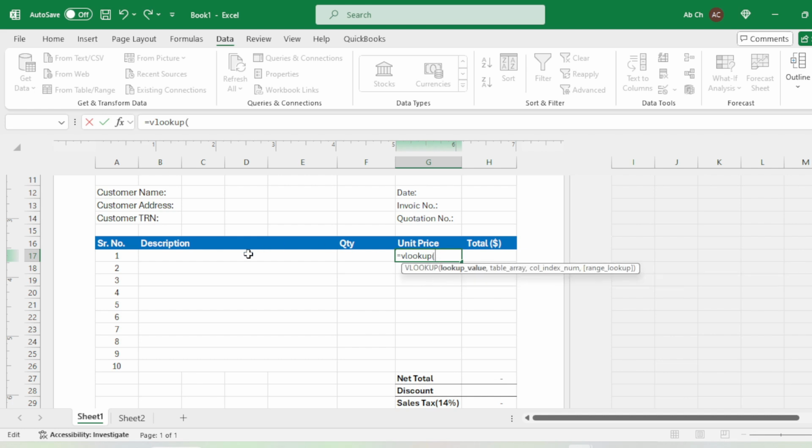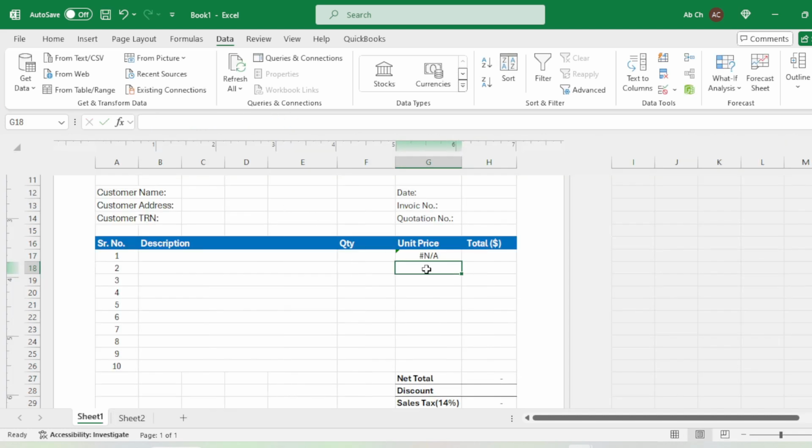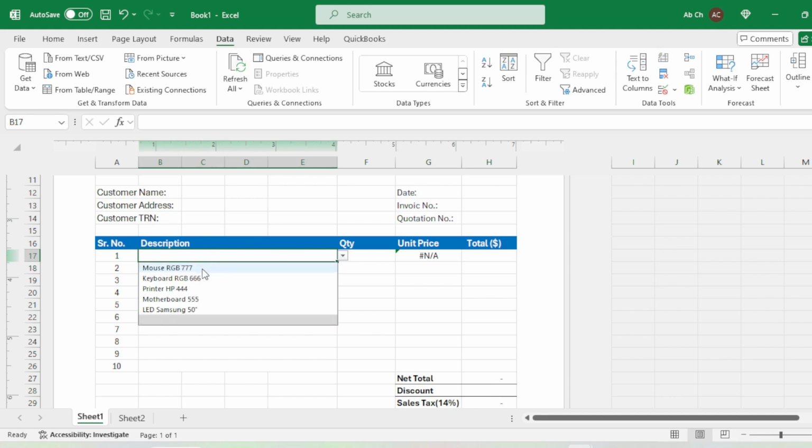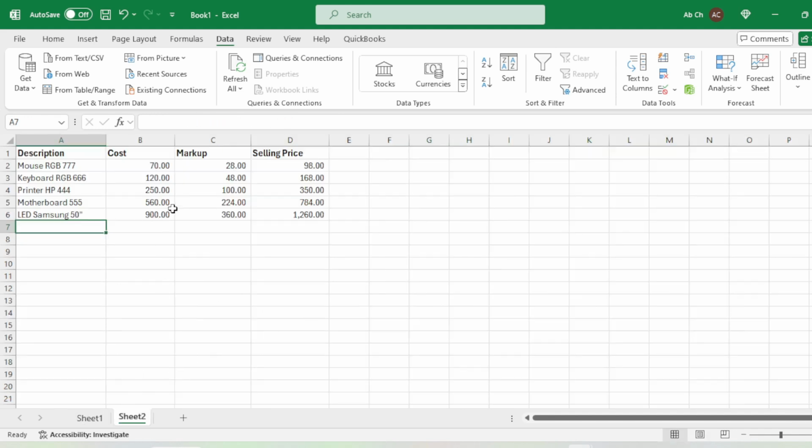VLOOKUP, and let's say this cell is going to be the lookup value, and the table is going to be this table. The column I want Excel to look is column 4, and I want it to be exact match, and press enter. It is showing not applicable because nothing is selected here. And when I select mouse, this will fetch the price of the mouse. Here you can see the selling price of the mouse is $98,